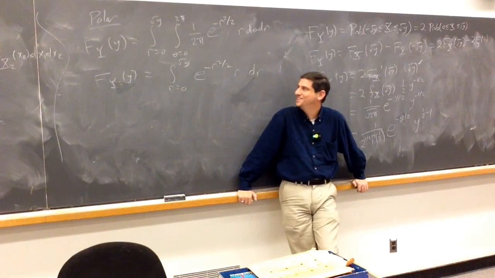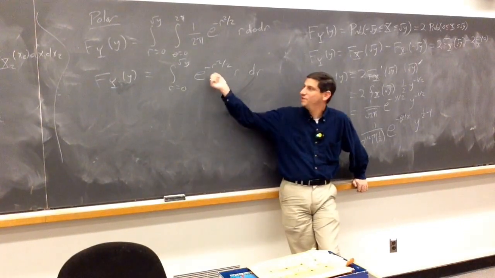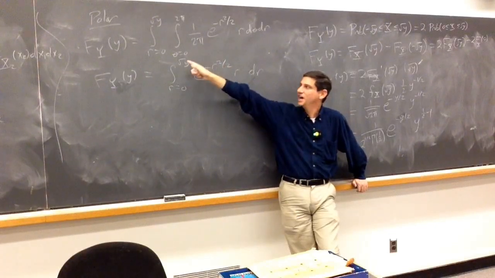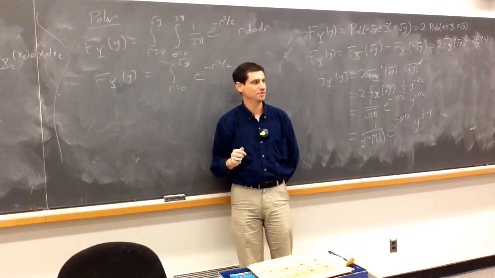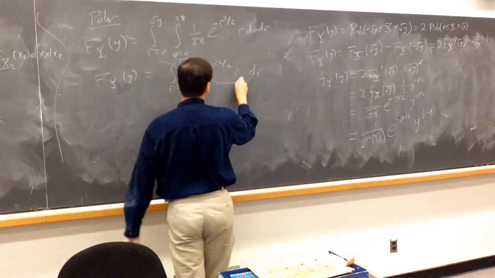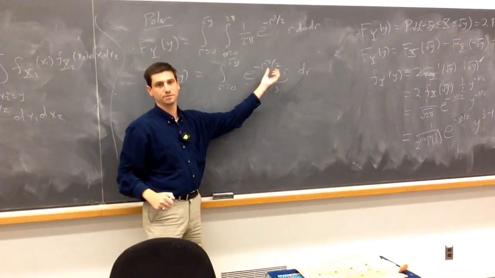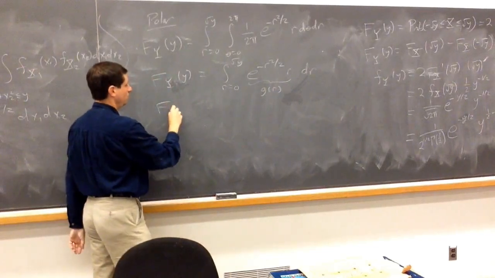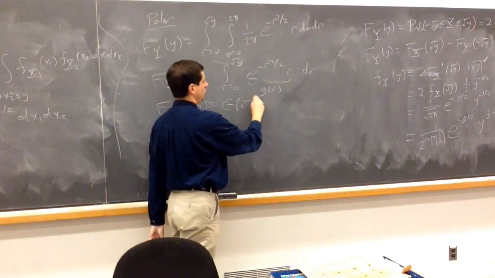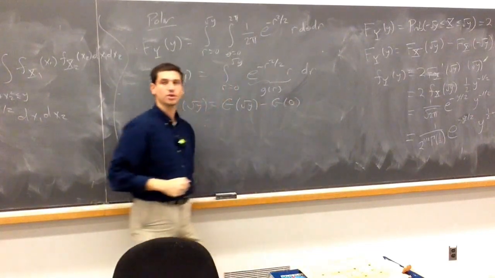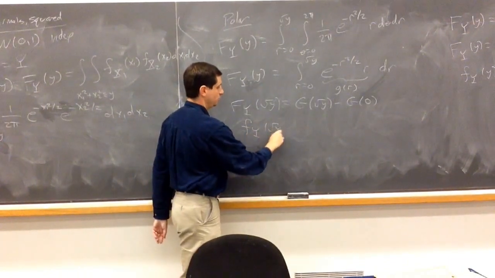We're about to differentiate, right? We're going to use the fundamental theorem of calculus. We're going to integrate this and evaluate it at square root of y and then subtract off its value at 0. And then we're going to immediately differentiate. So if you call this function g of r, big G will be its antiderivative. So we get capital F of square root of y is big G of square root of y minus big G of 0. So now if we take the derivative, we get the density function at square root of y